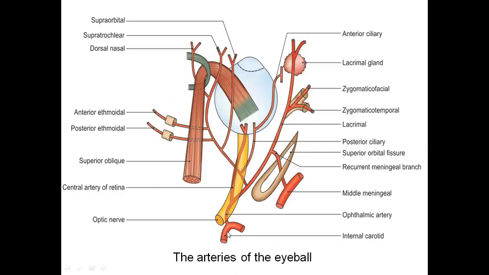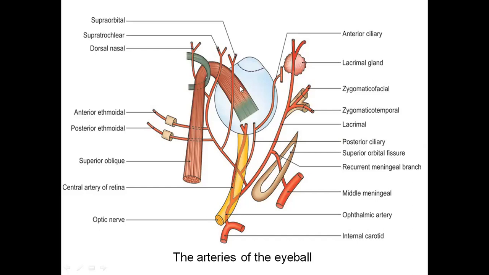See, now inside the cranial fossa, through the carotid canal, we have internal carotid artery, which we see in the middle cranial fossa. So this internal carotid artery gives one branch which is entering into the optic canal along with the optic nerve. There is one blood vessel also taking entry inside the eyeball. The name of this blood vessel is ophthalmic artery. So this ophthalmic artery is now going, and it is actually going along this optic nerve.